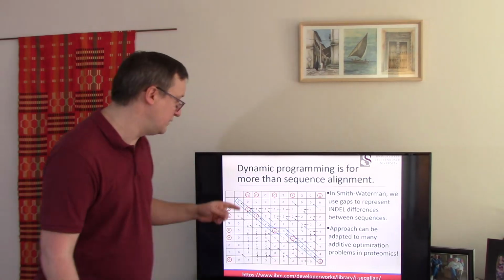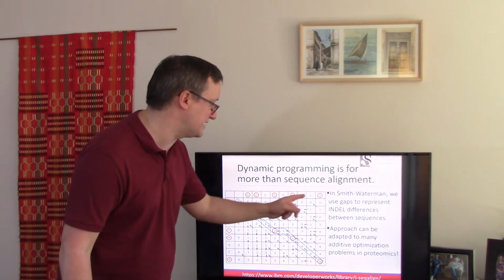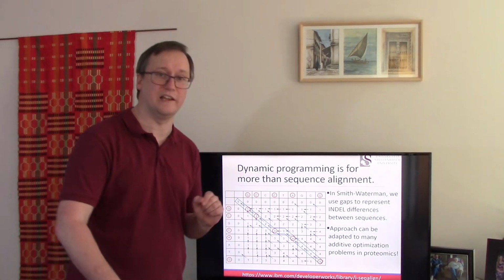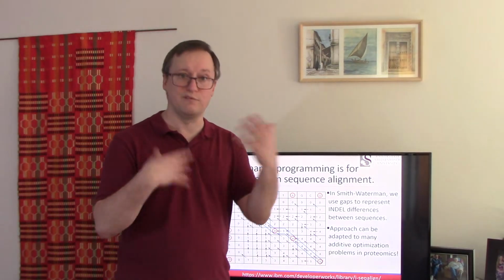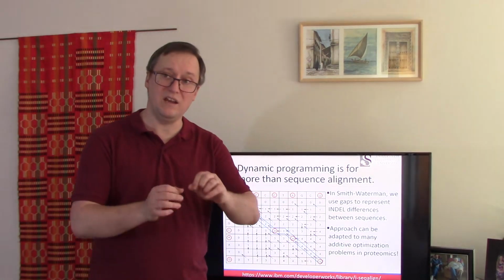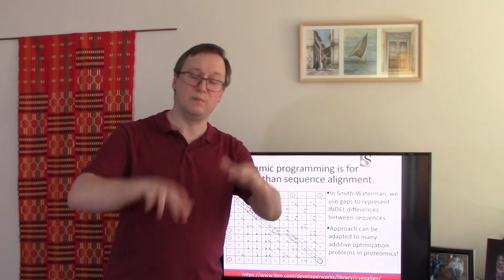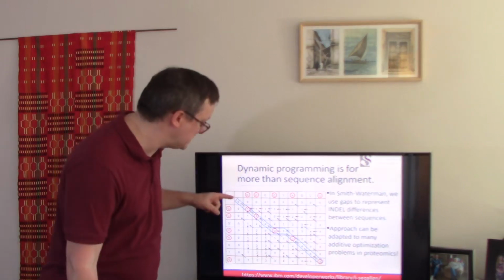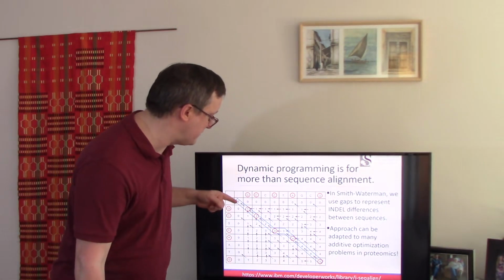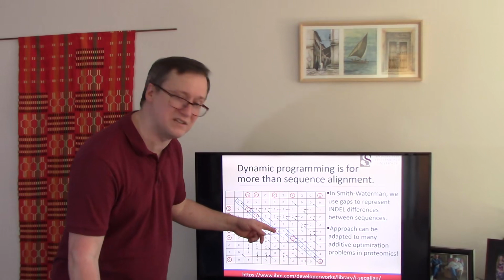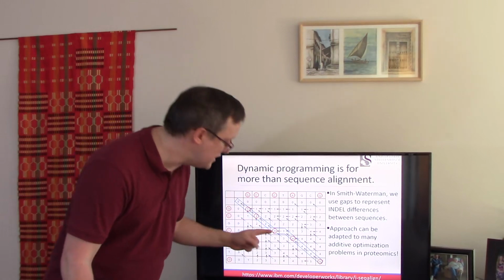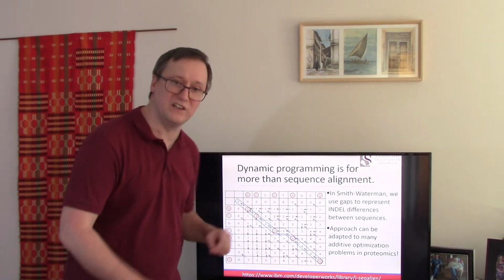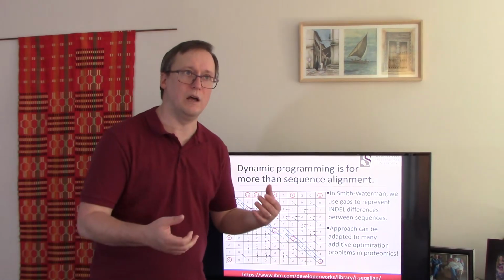and deletions. We note that this sequence is 1, 2, 3, 4, 5, 6, 7, 8, 9 letters long. This one is 1, 2, 3, 4, 5, 6, 7, 8 letters long. So we already have a difference of one letter between the two. It might be that a gap is required to explain the best alignment between these two sequences. So when we look at the best path for this, we see that it comes straight from the original position up through nucleotide 3, and then there's the shift to the right. This represents a gap that's been inserted in one of these sequences in order to cause a match to the